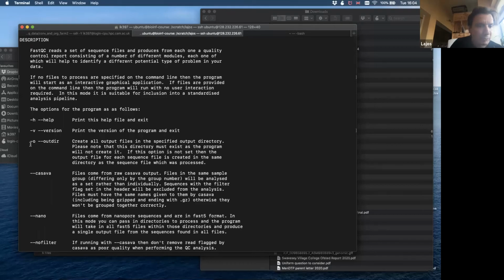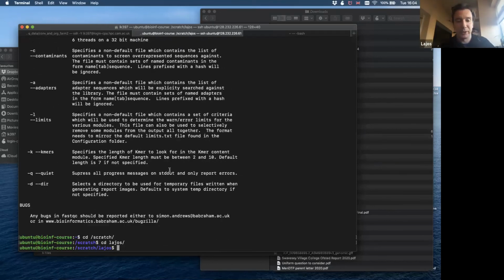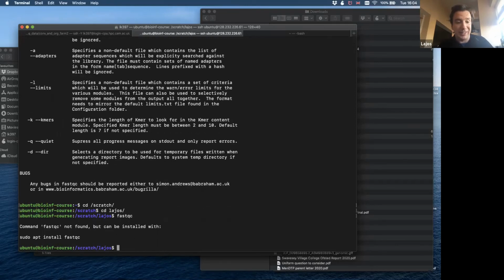Yeah, we will use the -o flag and define a temporary output folder. So what you have to do is, first you have to call the program because it is not in your path yet. So you cannot just simply say fastqc because it's not there. Oh, actually we can install fastqc essentially as well. It's good to know that there is a Linux package for fastqc,